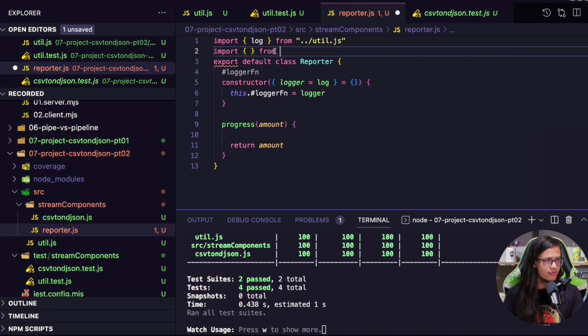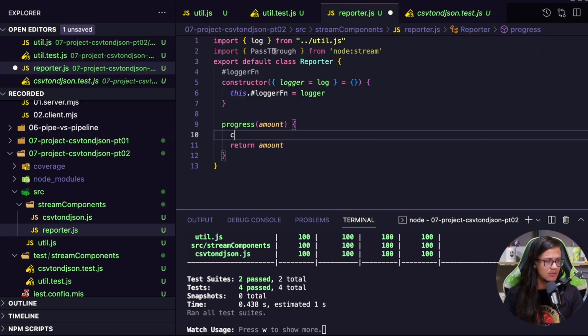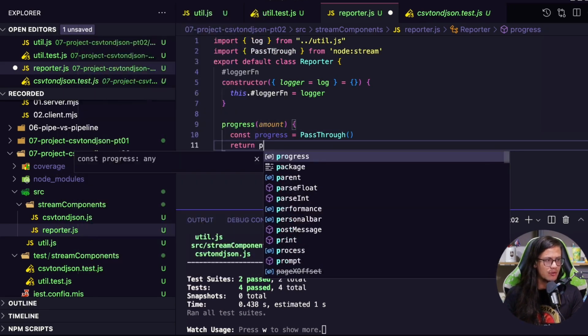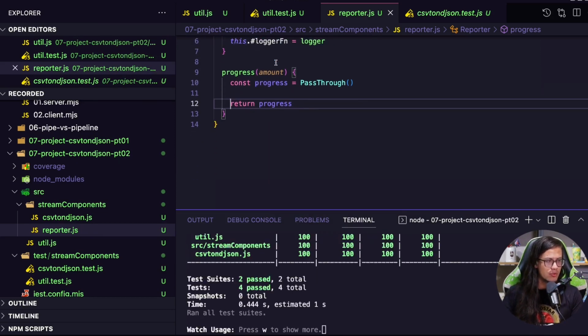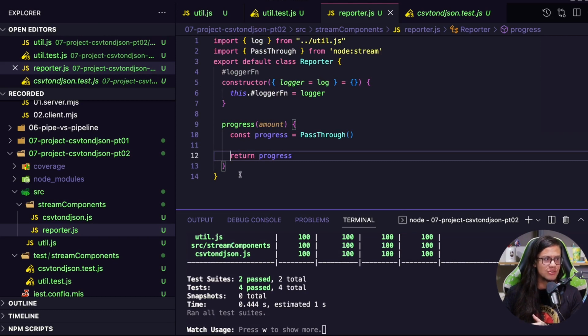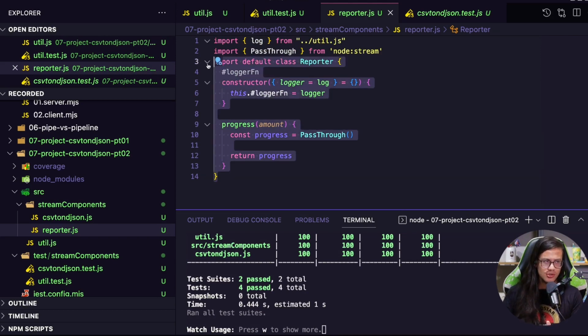Pass, actually, from node string pass-through, okay? And I'm gonna create this one, just an empty one, which will be our pass-through function, and I'll return the progress, okay? See, when we are working with TDD, we just create the whole structure, and then we start making assumptions,